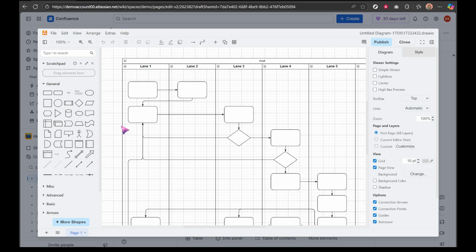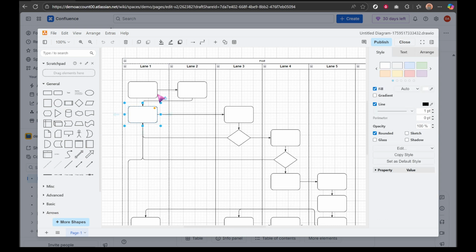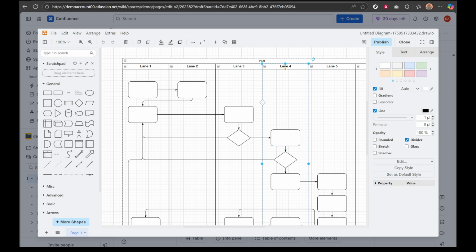Now comes the fun part, choosing a template. Draw.io offers a rich library of templates tailored for various needs, whether you're illustrating a process, building an organizational chart, or mapping out a project timeline. There's likely a template that fits your scenario. Select a base format that represents your workflow or ideas accurately. This embedded feature ensures that as you shape your diagram, it remains where you want it on your work item